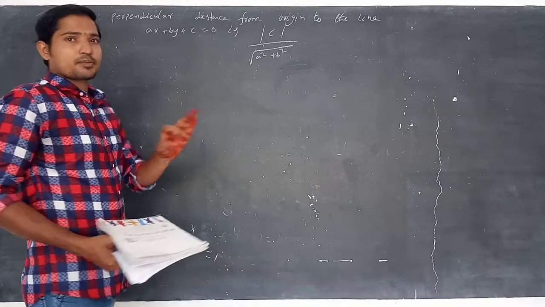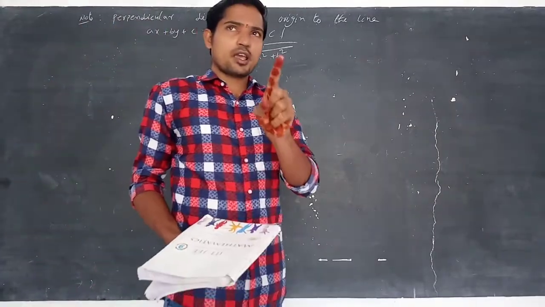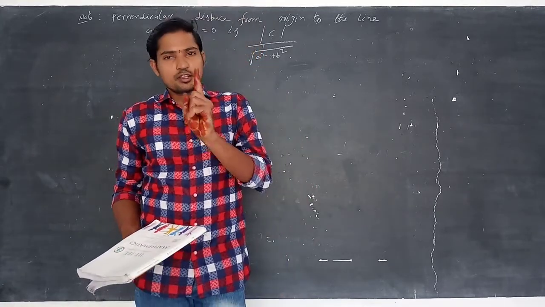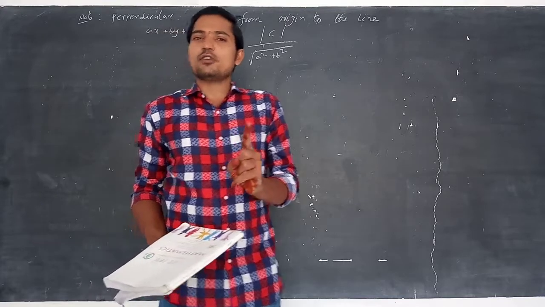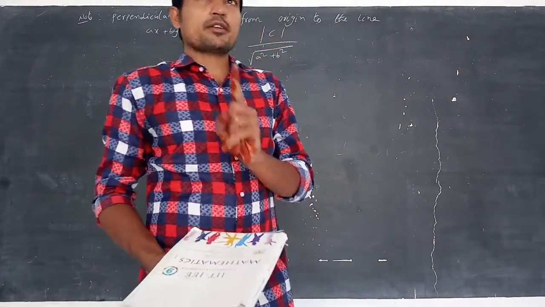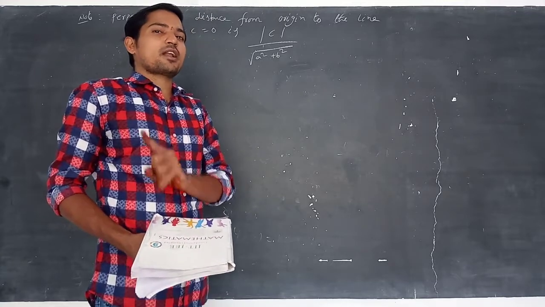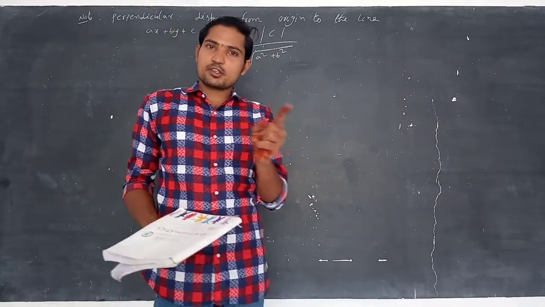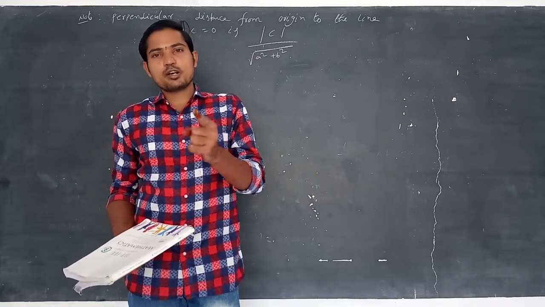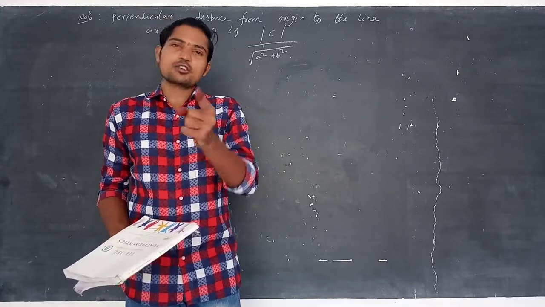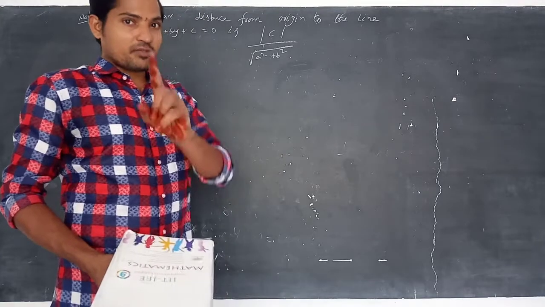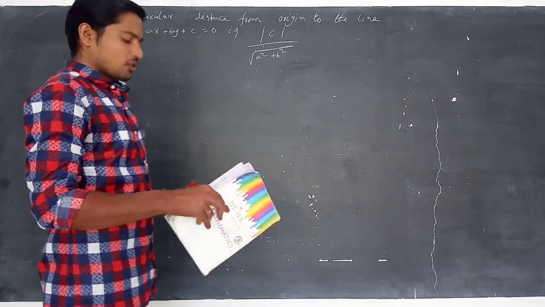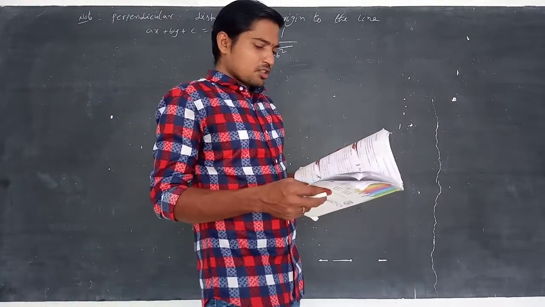Next is the perpendicular form of a line ax plus by plus c equal to 0. It is a by square root of a square plus b square into x plus b by square root of a square plus b square into y equal to minus c by square root of a square plus b square, when c is less than or equal to 0. The next is minus a by square root of a square plus b square into x plus minus b by square root of a square plus b square into y equal to c by square root of a square plus b square when c is greater than 0. C positive means c is greater than 0, c negative means c is less than 0. That's it. So next, symmetric form.